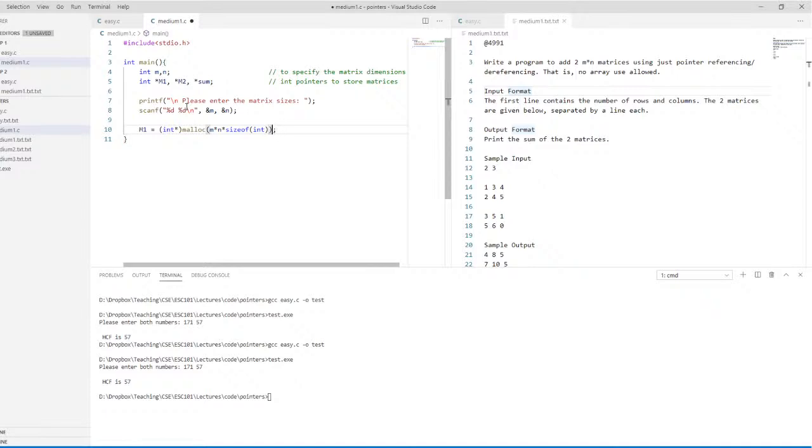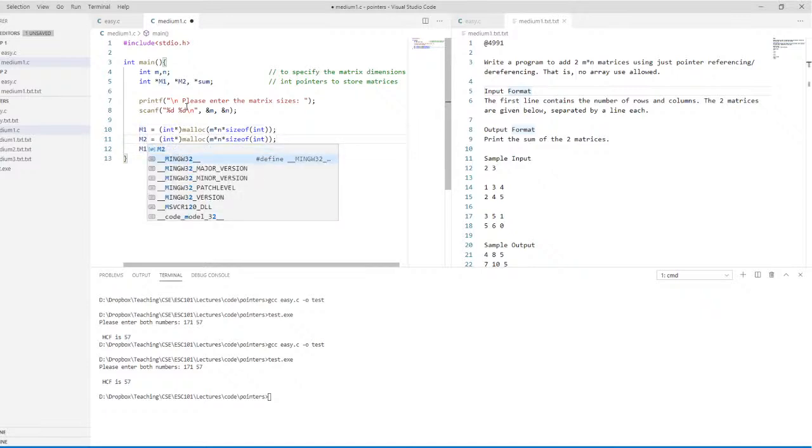We are saying store m times n integers starting with the address m1, or the address being pointed to by m1. And similarly we need to do this for m2, and we need to do this for sum. Okay,